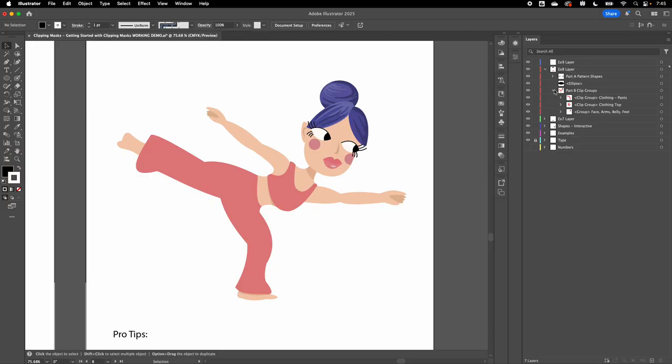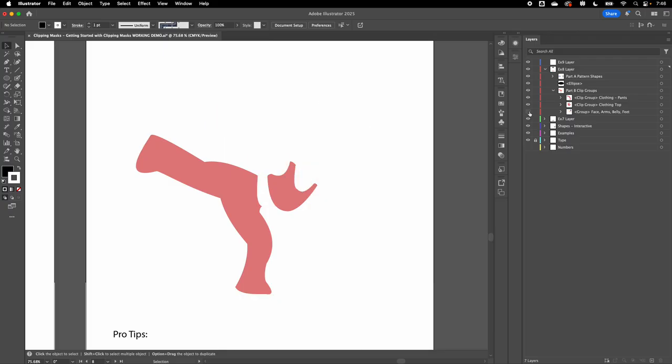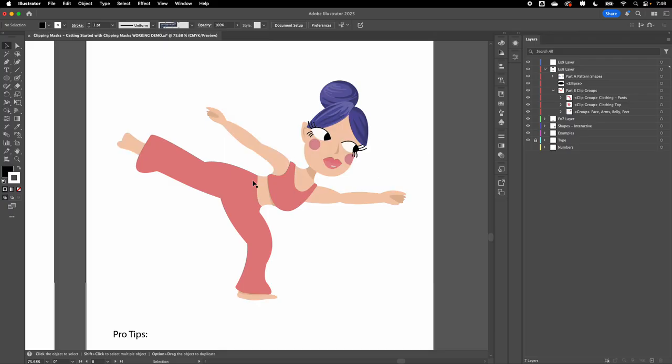I'm looking here in the exercise 8 layer under part B clip groups. I do have a group here that is just the face, arms, belly, feet. And if you expand that out, you'll see that there's clip groups inside there and different components. We're not worried so much about that stuff because what we want to put the pattern onto is the pants and then the top. So clip groups for those exist already in the structure,